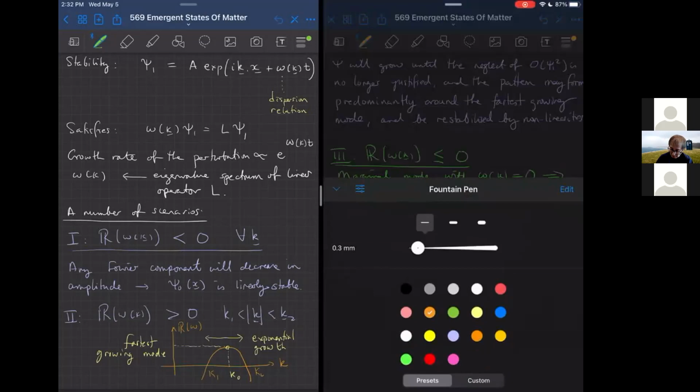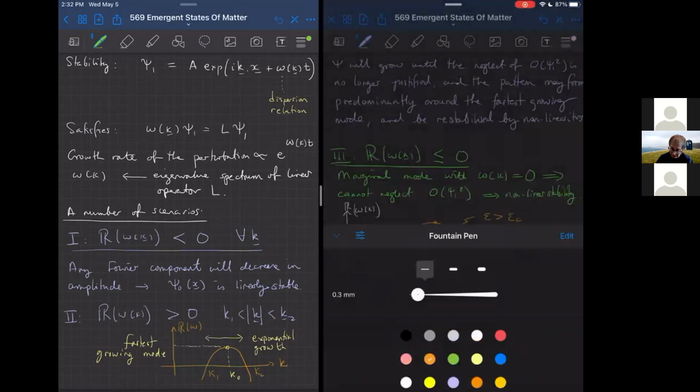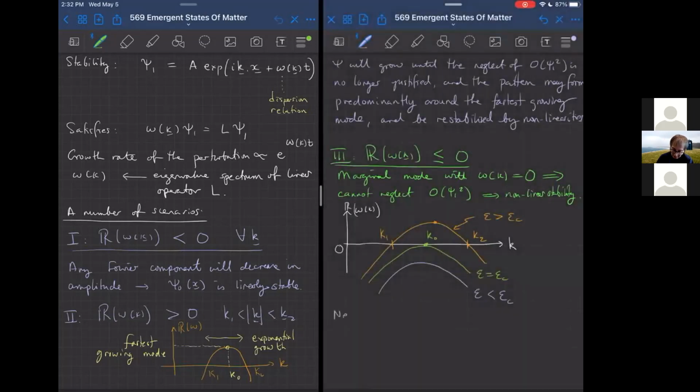Now, what will happen is if we are near the threshold of instability, so what that means is that epsilon is just slightly above whatever is the critical value, then this band of unstable wave vectors,